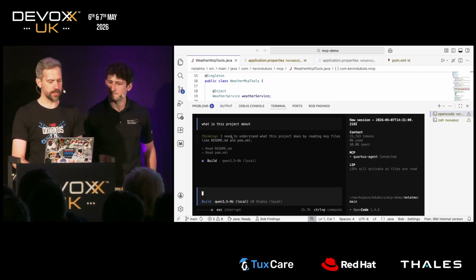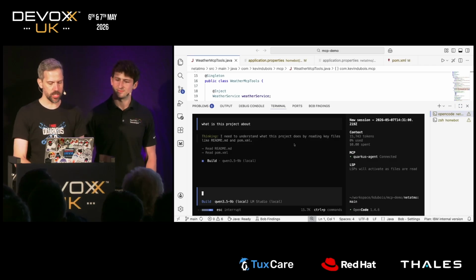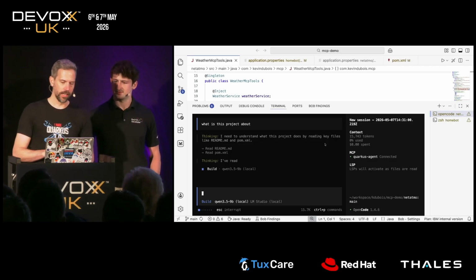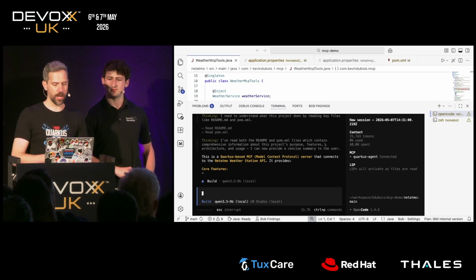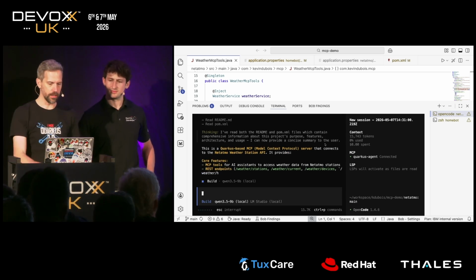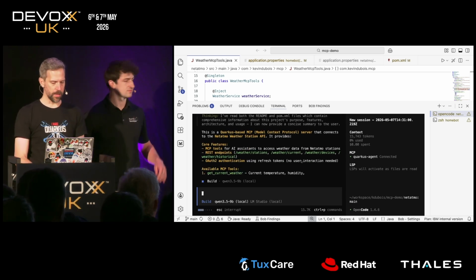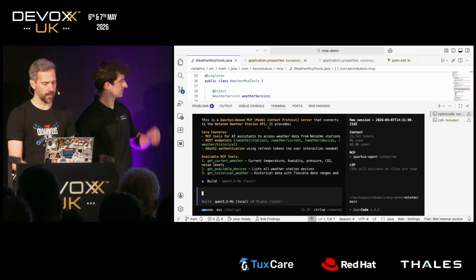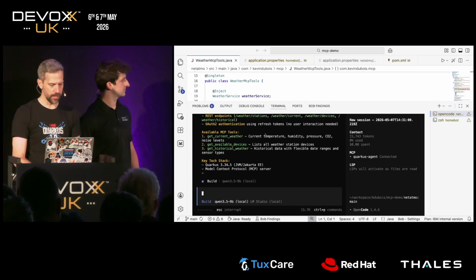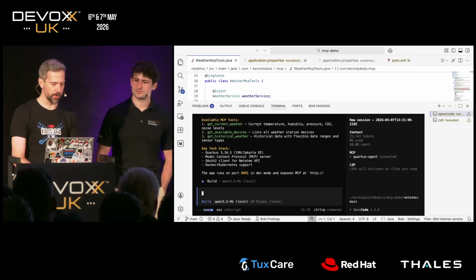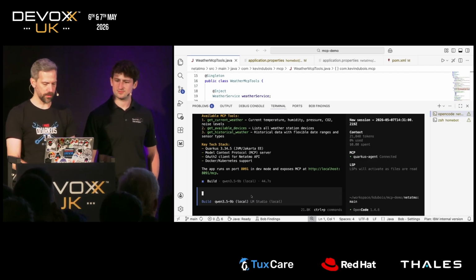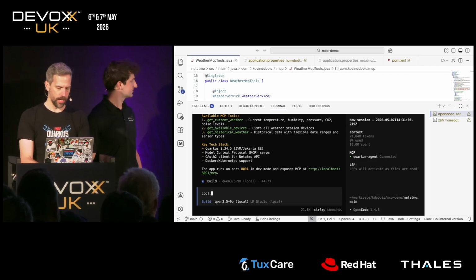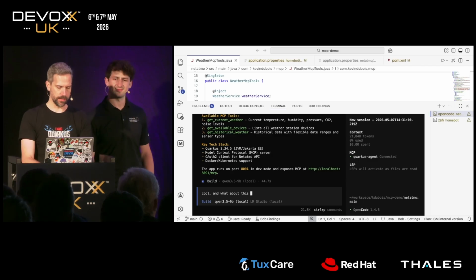So you can see that it's thinking, and I need to understand what this project does by reading key files like the README and the pom.xml. So it's already figured out this is a Java project and needs to read the pom.xml, and it sees that, yeah, there's some cool stuff here. There's an MCP server with available MCP tools, and the app runs on this port and whatever more. Cool. And what about this MCP server